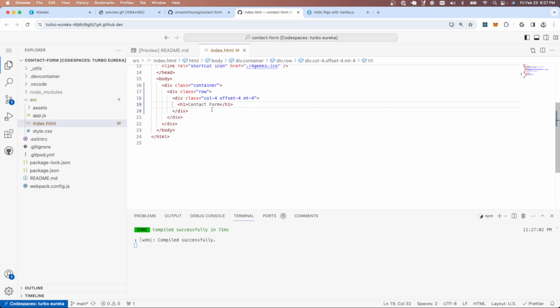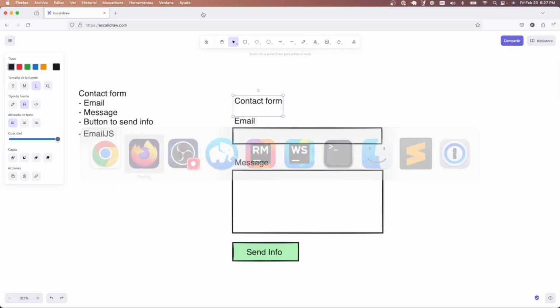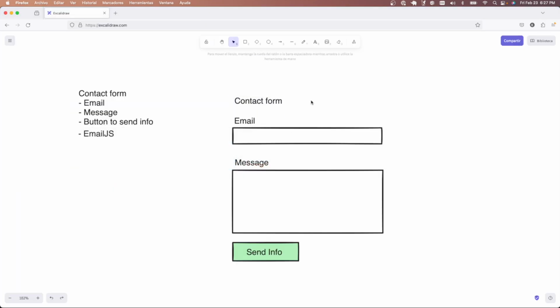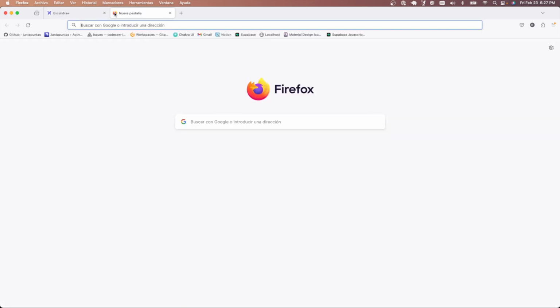Okay, so that's the header, contact form. Now, how do we create the email input and the message input? We use Bootstrap for that, all right? Now, if you go to the Bootstrap documentation,